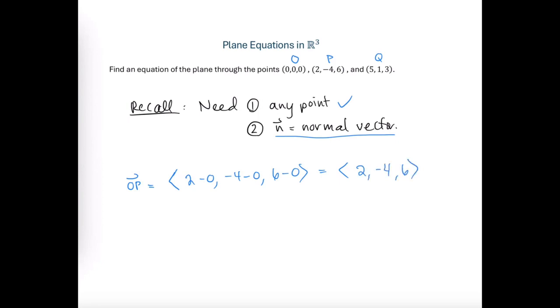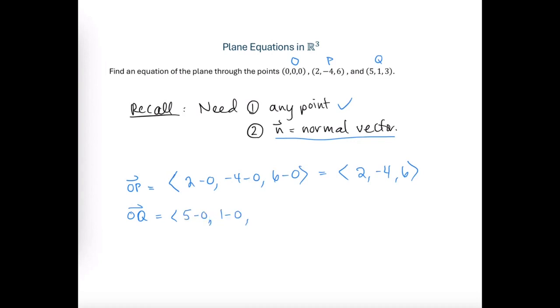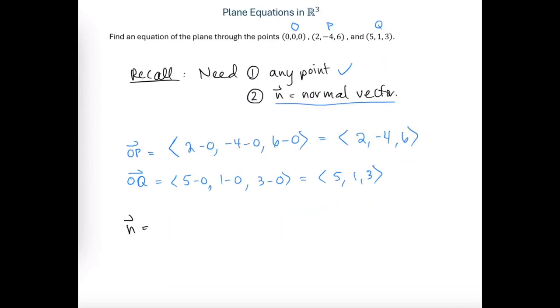And then from O to Q, we're going to have, again, terminal minus initial, so it's 5 minus 0, 1 minus 0, and 3 minus 0, again giving us the same components as the terminal point since this vector originates at the origin. Now in order to get vector n that's perpendicular to this and this, we're going to take OP vector and cross product it with